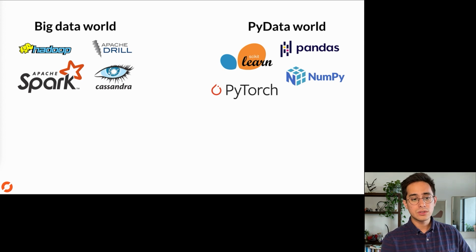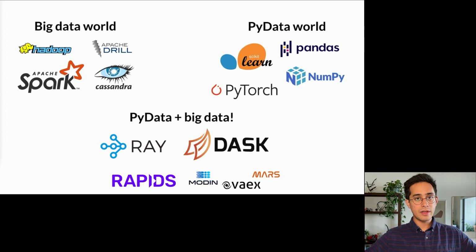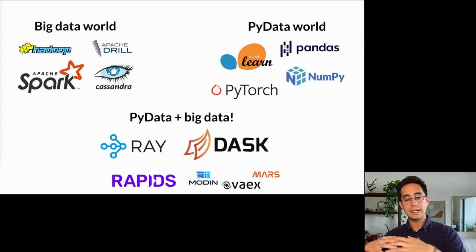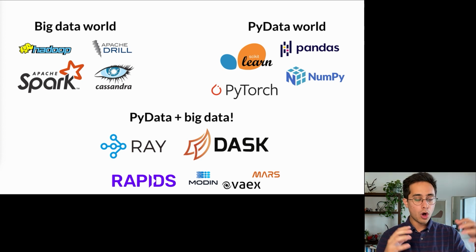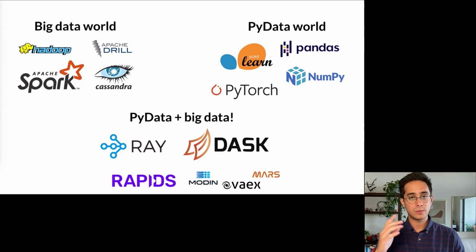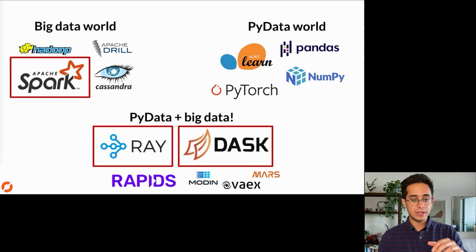So there's a few tools there. We're really not going to focus on a lot of them except for Spark. But the idea is that now these two worlds are coalescing, where we need scientific computing, like intense data science stuff, on large amounts of data. So we're putting these two things together, and that's where some of the tools that I'm talking about fit in. We're going to focus specifically on these 3 tools, Spark, Ray, and Dask, for the parallel computing, and I'm going to give you the stories on each of them and compare and contrast.